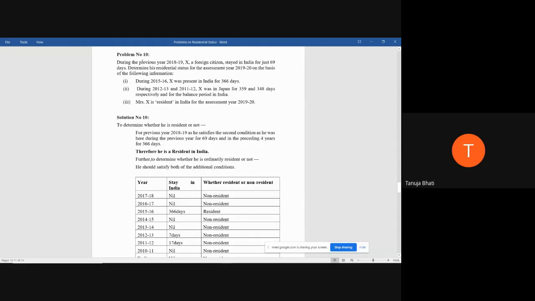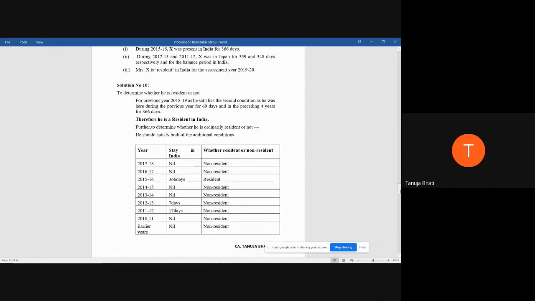Okay. In this, already it is given that during the previous year 18-19 he stayed for 69 days, and this previous year calculation will only come for the first basic condition, which says that his stay should be 182 days or more. Now is it 182 days or more in the previous year? No. So he's not satisfying the first basic condition. Second basic condition tells us that his stay in the 4 years immediately preceding the current previous year should be